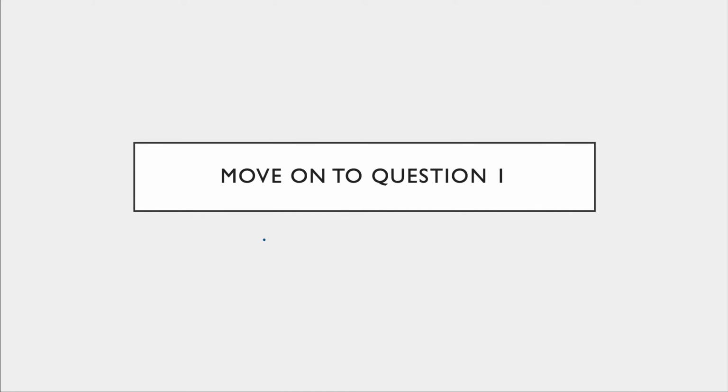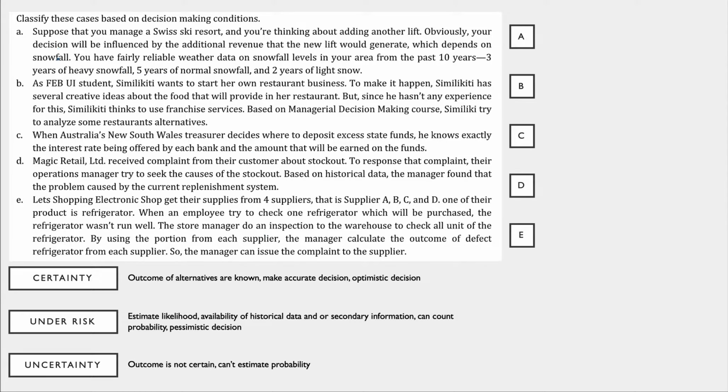Question 1, we have these 5 scenarios, or 5 cases, and we have to classify these cases based on the decision-making conditions. The options are certainty, under risk, and uncertainty. For question A,